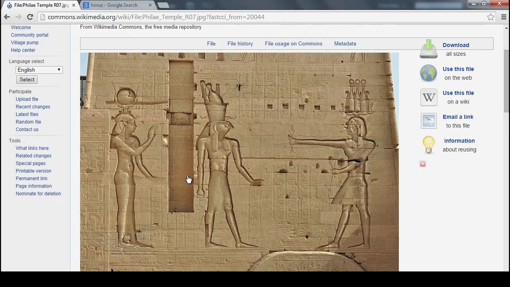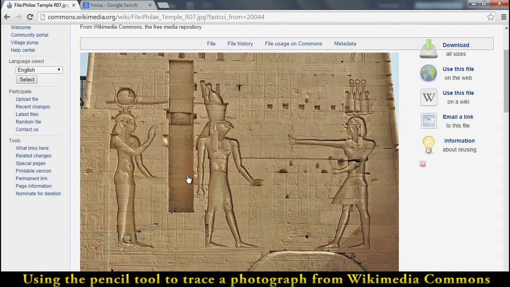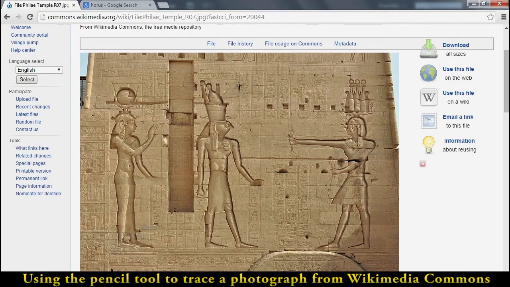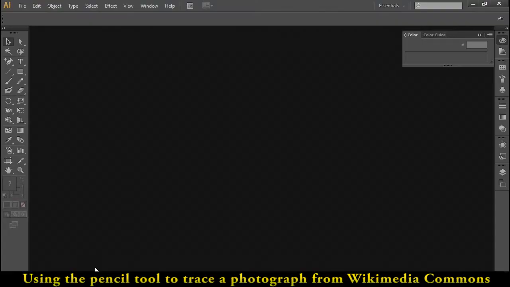Everyone, I found this picture on Wikimedia Commons and thought I would try to trace the god Horus here in Illustrator for use in a logo perhaps. And so I'm going to go ahead and save my image URL into a document so I can trace it. But right now I'm going to take the copy image and go over here to test it out on a